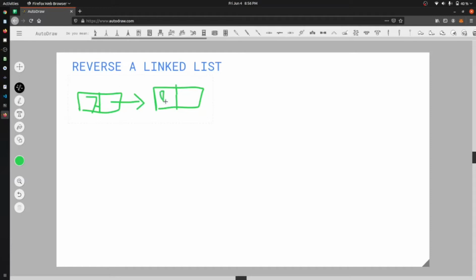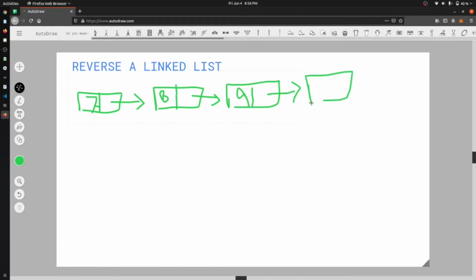Let's say the next has 8, and again this will point to a next node. Let's say this is pointing to 9, and it will again point to 10. I'm just taking simple numbers, but you can also take something complex. So it is 7, 8, 9, 10, and this last one will not point to anything, so it will have a null at the next pointer. I am denoting null with x.